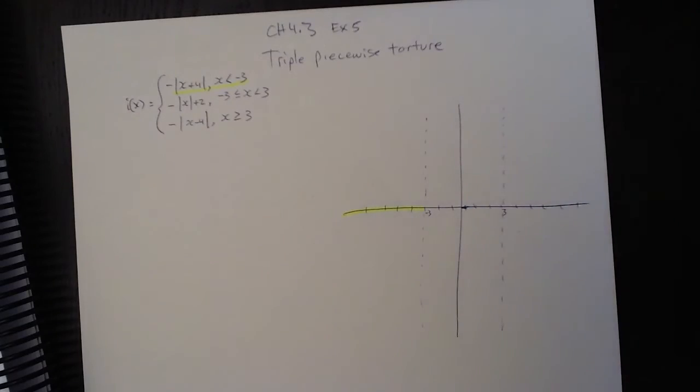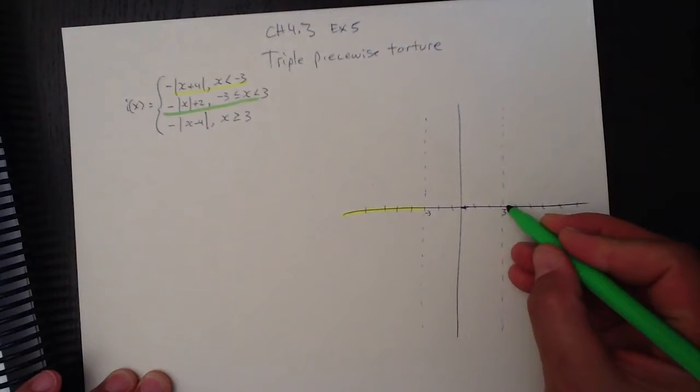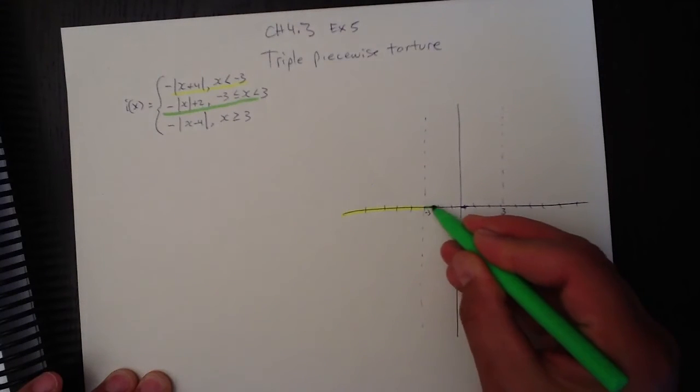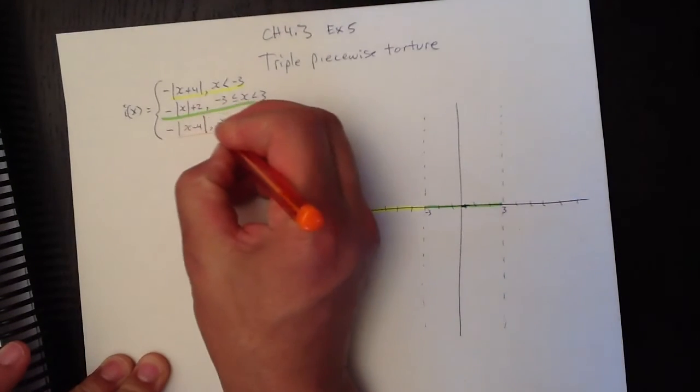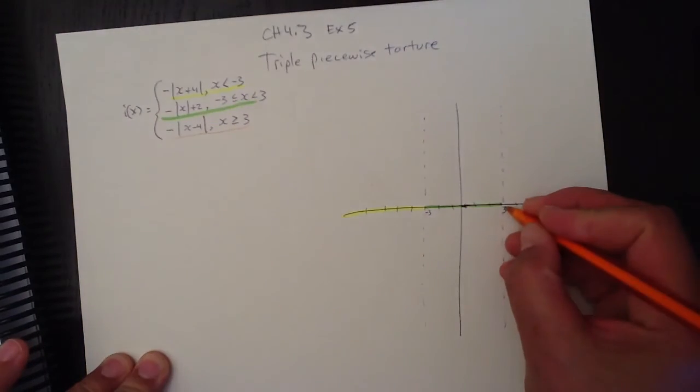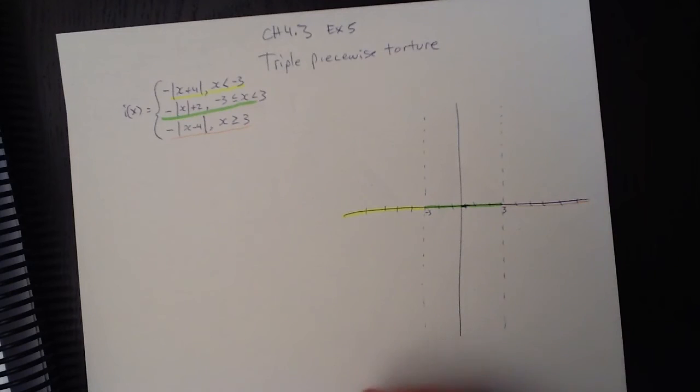The green one, which is this thing here, applies in between the two threes, and it's too bad I didn't come along with another color. The orange one applies where x is greater than 3, and that being the case, we simply need to use our piecewise function